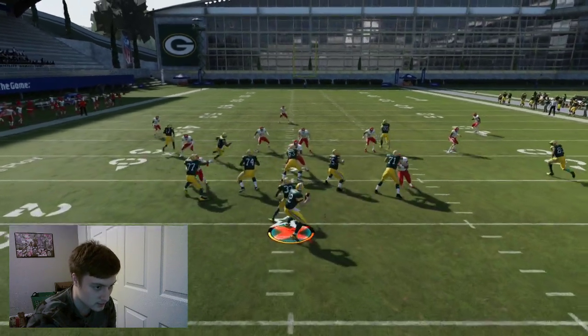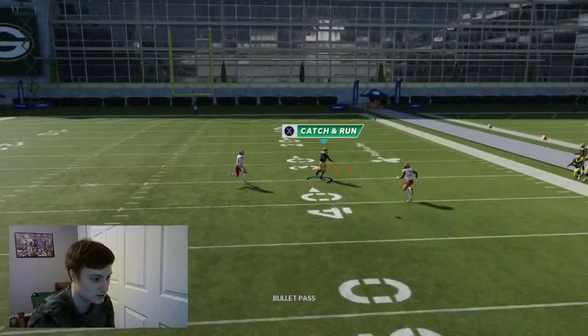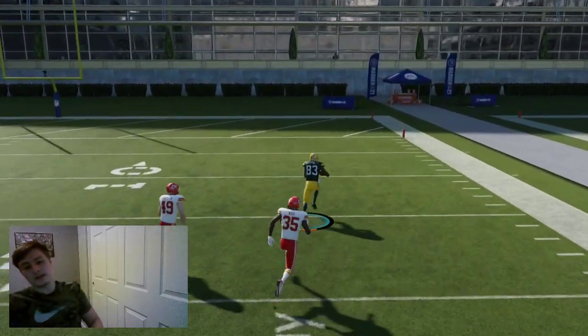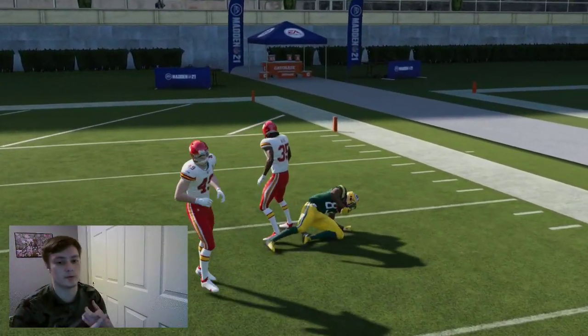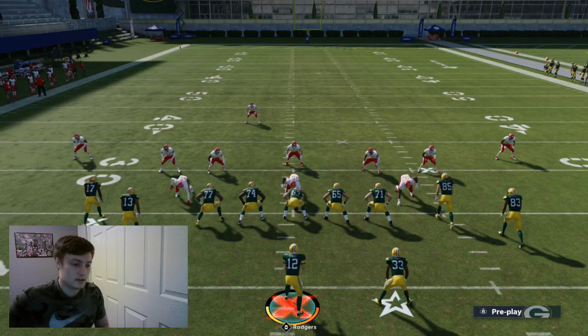Because watch this. You ready for this? What'd you patch, EA? What did you possibly patch? So no. This is what they did. They just made deep thirds absolutely unusable, pretty much. Deep thirds, unusable. Pretty much. Because you can bomb it, and you can throw underneath it. I'm going to show you what...